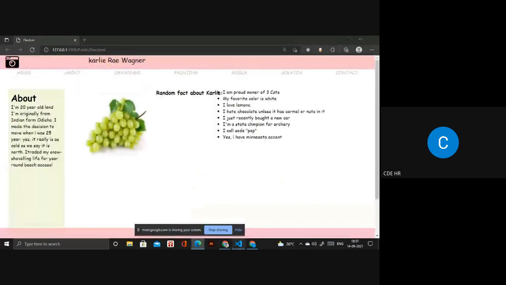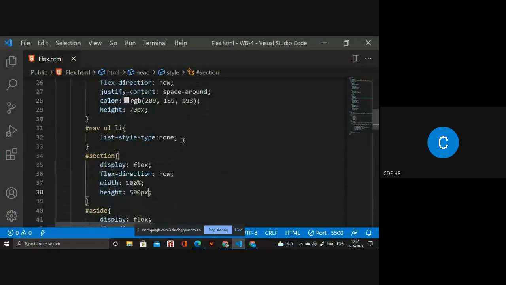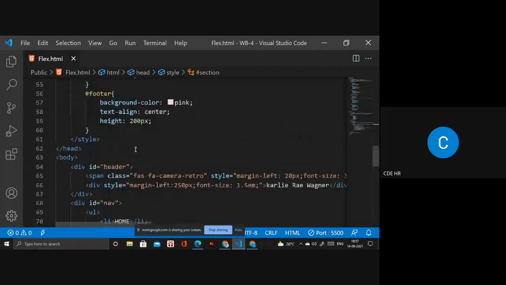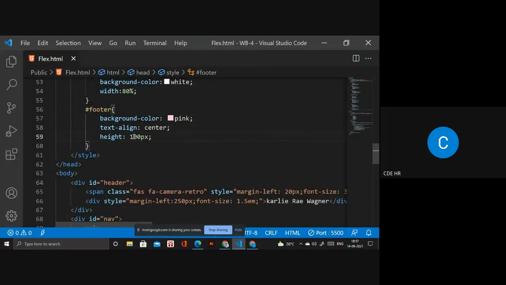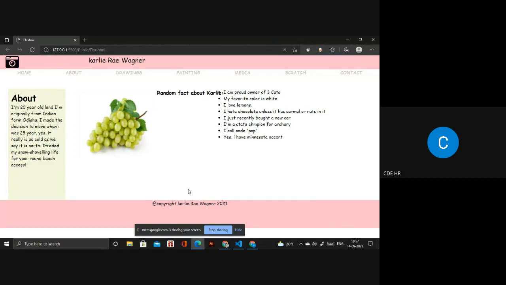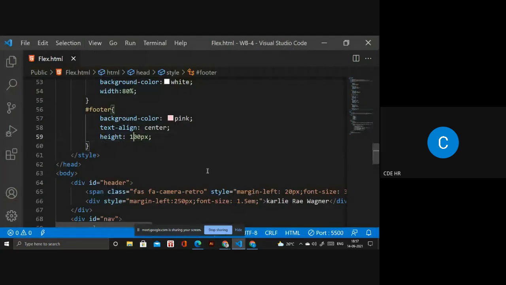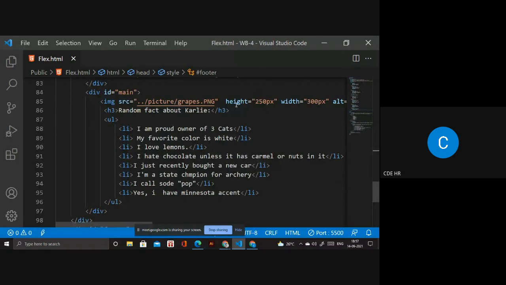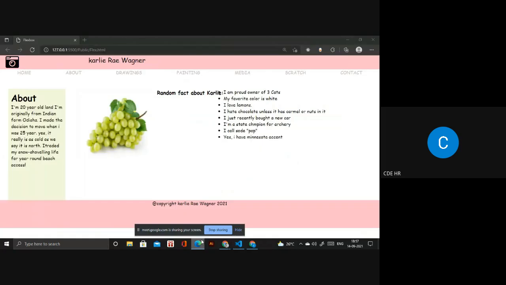But I need the header part to be, wait, I will change something. It's 400 pixel and that one is 100 pixel. It looks good now. Okay, so it looks good, but I think that one will not be good. So you have to go there and write something. I will design inside. If I use the br tag, let's see what happens. It does not break the line. Okay, what happened?